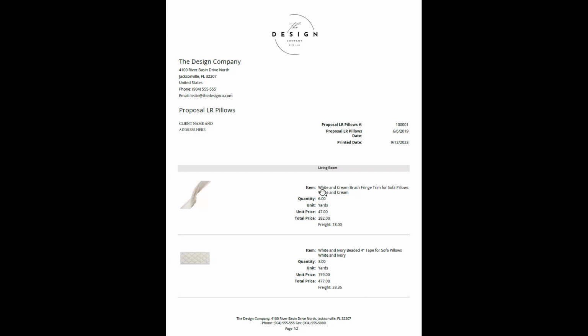Instead, what we see is a beautiful description about the material and a very nice high resolution photo. Now, these could get a little bit bigger possibly, but you can see it's got the quantity, the unit, the unit price and the total price.